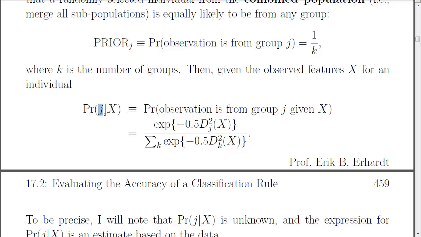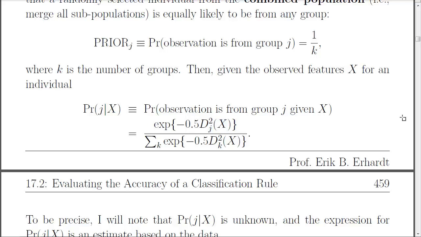And we want to know what's the probability that this observation is from group 1, meaning it's Setosa. So the way we would do this is we would calculate the Mahalanobis distance, the d squared, to the mean. That d squared term, given these values, is the distance from the observation to the mean